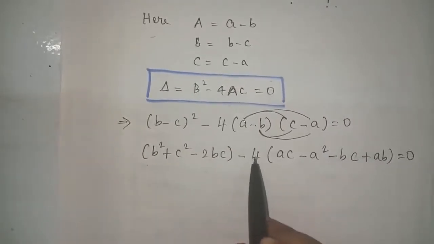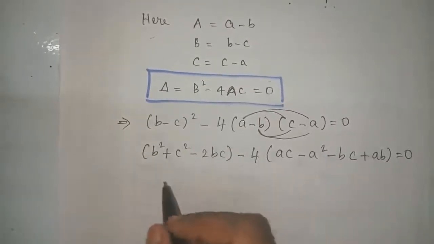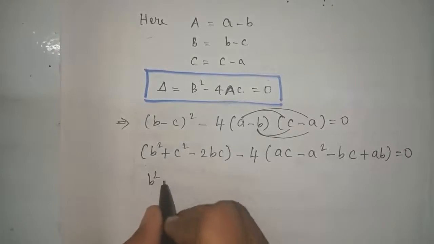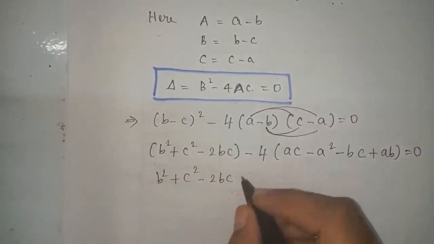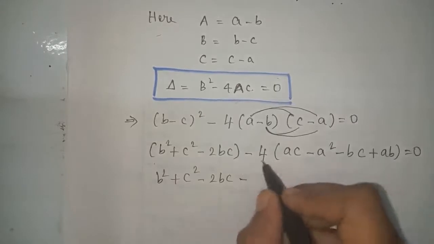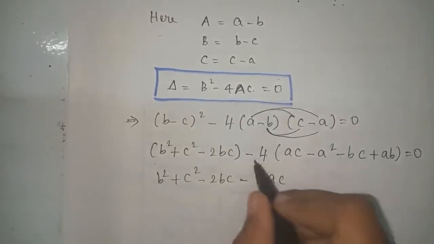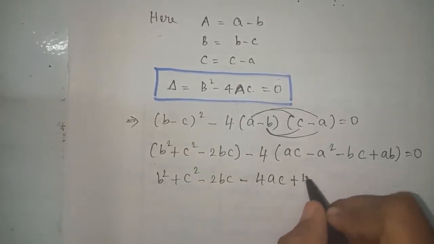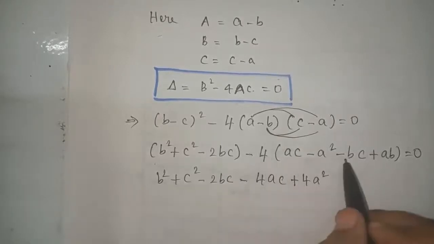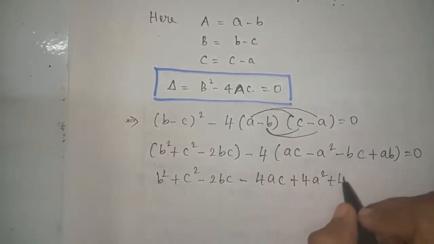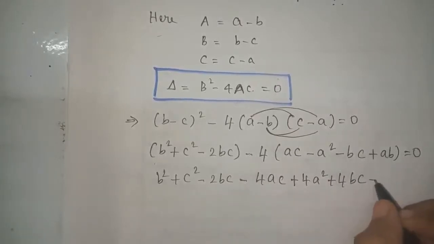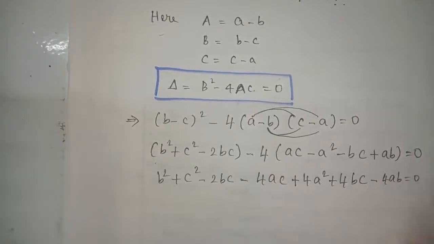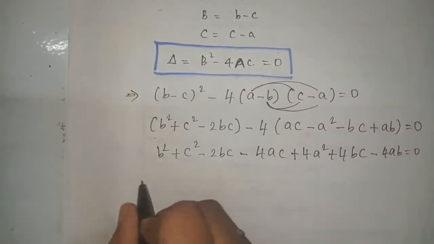So now you multiply minus 4 inside the bracket: b square plus c square minus 2bc, which is minus 4ac, minus into minus plus 4a square, minus into minus plus 4bc, minus into plus minus 4ab is equal to 0. So which implies,